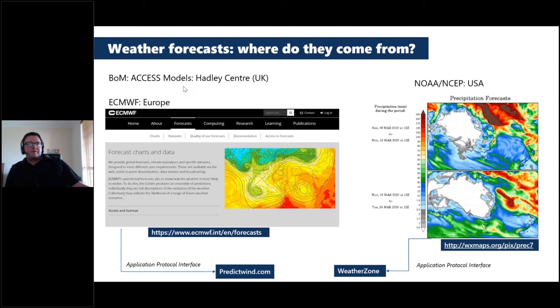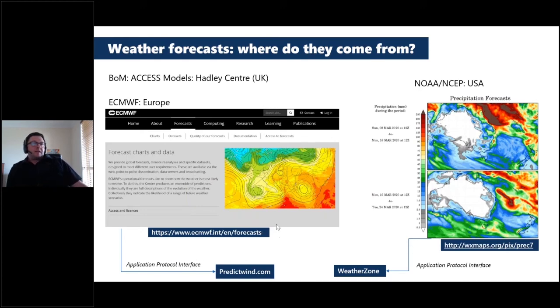We've just seen this explosion in apps. We've all got smartphones, or a lot of us have, and it's just getting easier and easier to get weather information. And we've actually lost a little bit of knowledge about where that actually comes from. And there's a huge diversity in quality. Some of you might be using, say, a website or an app from WeatherZone. The source of that information is actually America. It's the American models from NOAA and NCEP or NASA, if you like.